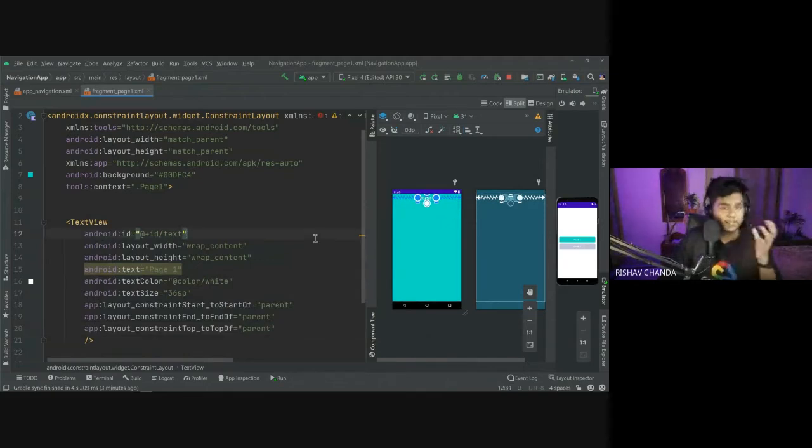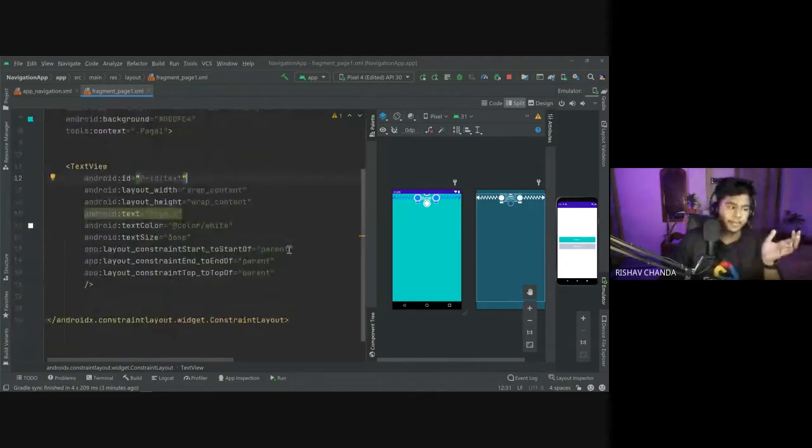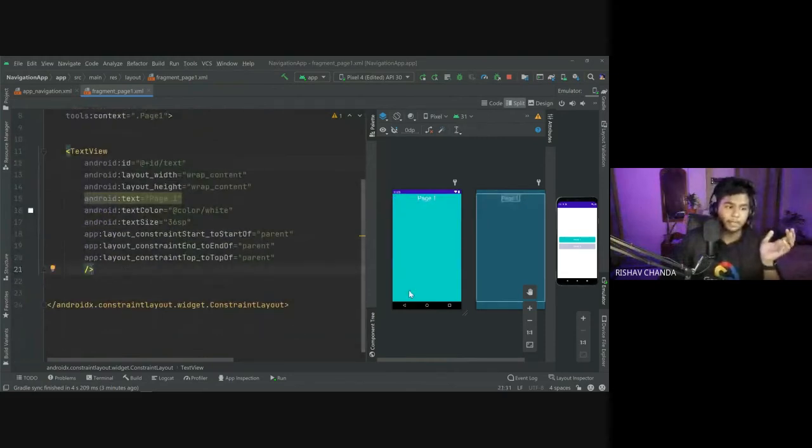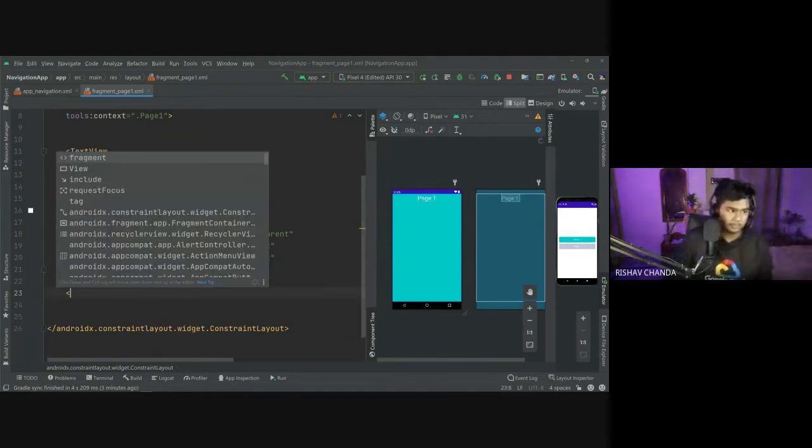Now the same thing I would be doing, that is I would be adding a back button here, and I would be like centering this text and this back button of the screen. So if you have remembered the previously what we did for our first fragment to center the buttons, I would be doing the same thing, right? So first let me add a back button so that when we will be clicking on this back button, we can simply navigate to our home page, like from where we came to this page, like in apps like you have seen that one, right?